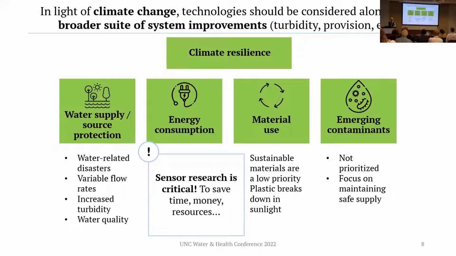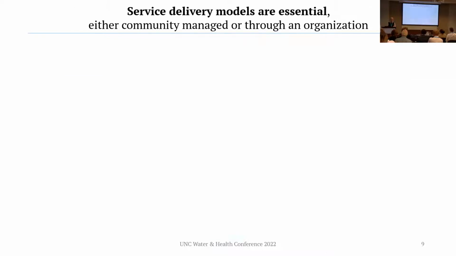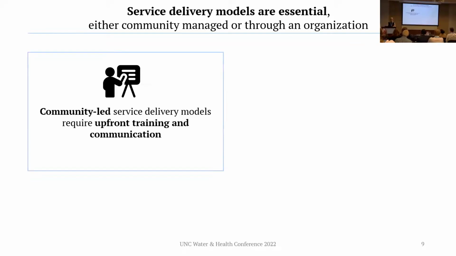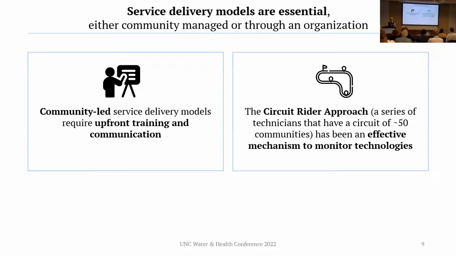And I'd like to say that sensor research is really important to save time and resources and financial capacity as well. Service delivery models are also essential, either through community managed systems or through an organization. So community-led service delivery models will require upfront training and communication. In addition, it can be combined with a circuit rider approach, or can be done separately from a circuit rider